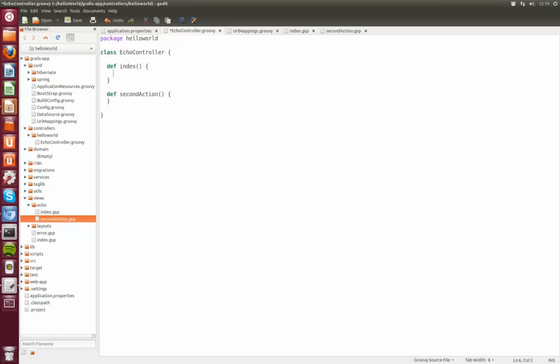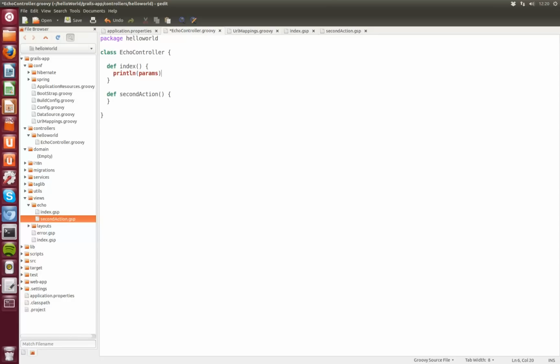What we did in class was, under the index method, we say println params, and I was explaining to you that when a request comes in on a URL, an instance of this controller class is created, and it has members set which are hidden from you, because otherwise this class would be overloaded with lots of things about the web request. So we just want the controller to be as lightweight as we possibly can,